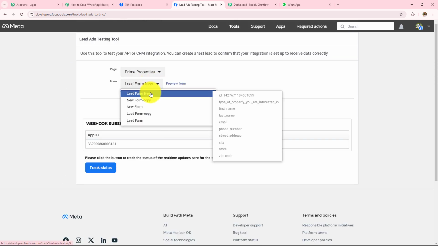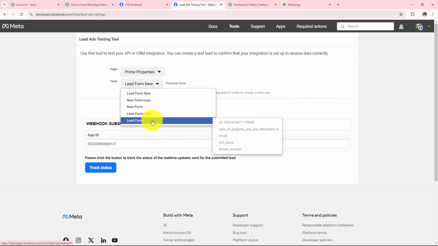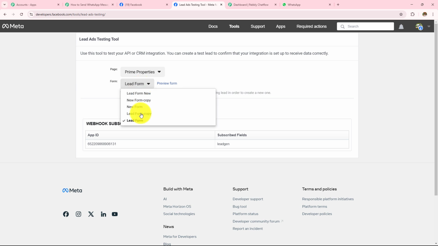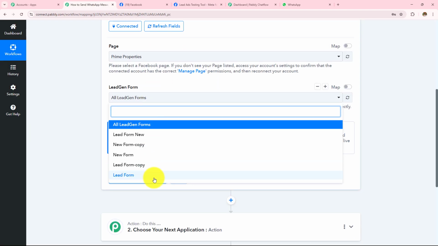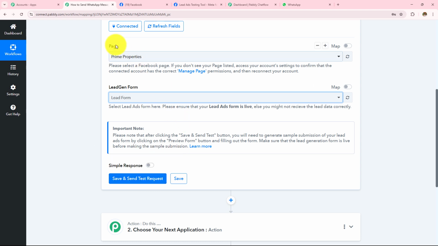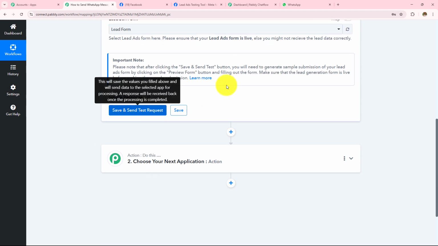So in this drop down I can find all the forms which have been created, and here I'm going to use this lead form. So I'm going to select this. So this form has all these fields: type of property interested in, email, full name and phone number. So I'm going to go back to my Pabbly Connect and from this drop down select my form as lead form. Now after selecting my page and the lead gen form, I'm going to click on the save and send